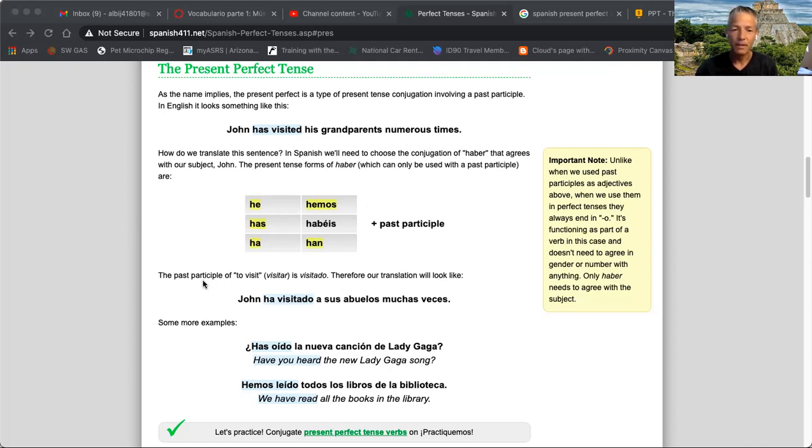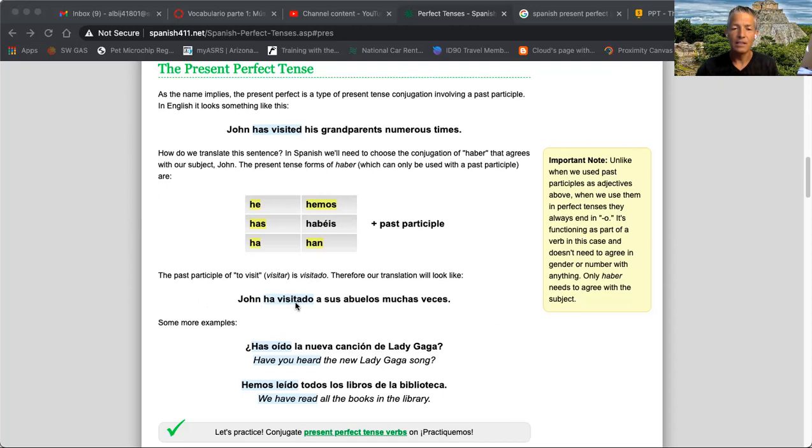Now, the past participle of to visit, visitar, is visitado. Now, remember, with these past participles, they do not have masculine or feminine like you learned before, because they are not adjectives, they are verbs. And verbs do not have masculine or feminine. It's either ado or ido, that's it. Right? So,